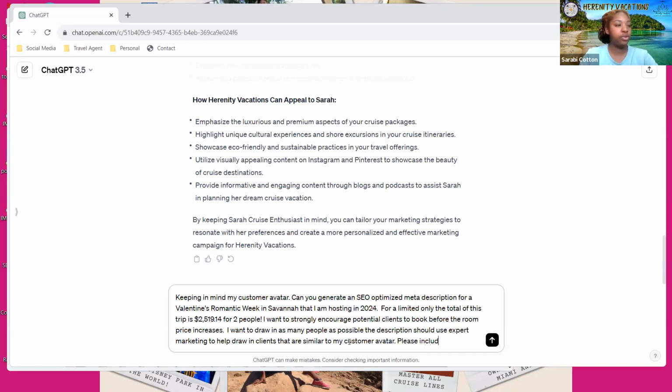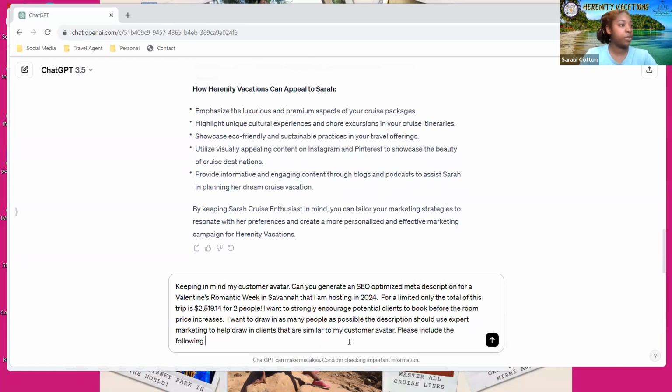Please include the following within the post. Okay, so I want them to have the description, of course, hashtags, keywords, that's your key, and a clear call to action,